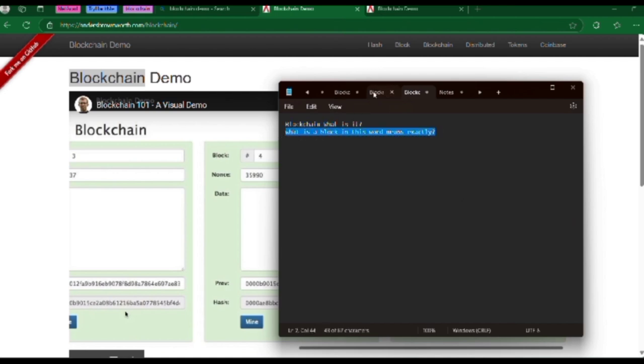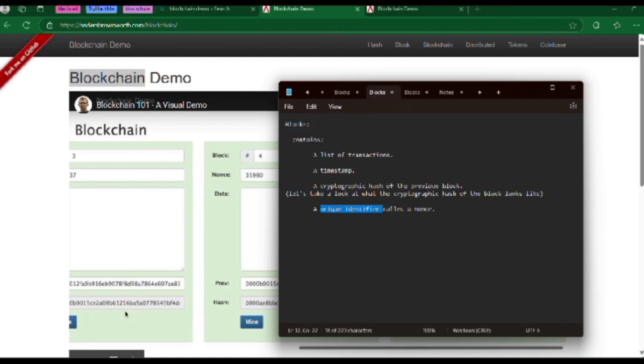To correct this, mining is required. This is because each block's hash is linked to the previous block's hash, so altering a single hash will affect the entire chain, requiring all affected blocks to be adjusted.